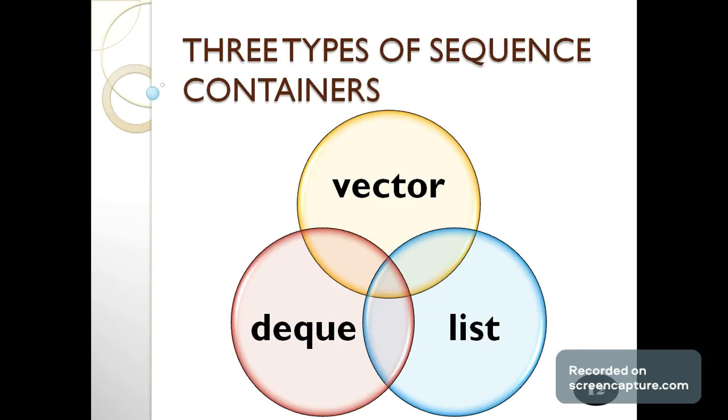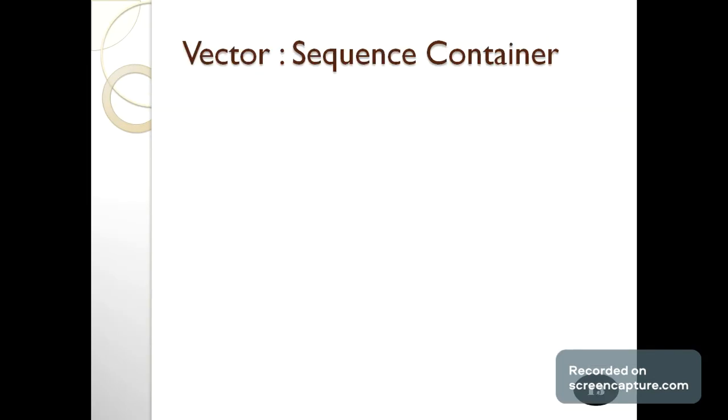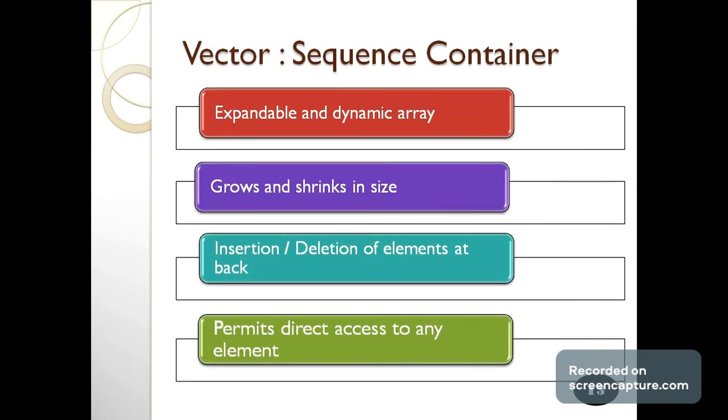But as per its name, vector is actually said to be an array. But which type of array? It is an expandable and dynamic array. The array inside it is not of a fixed size. As with an array, if you write a of 5, that means it shows only 5 elements. In this case, the vector does not have such a limit. It can grow its size, it can shrink in size.